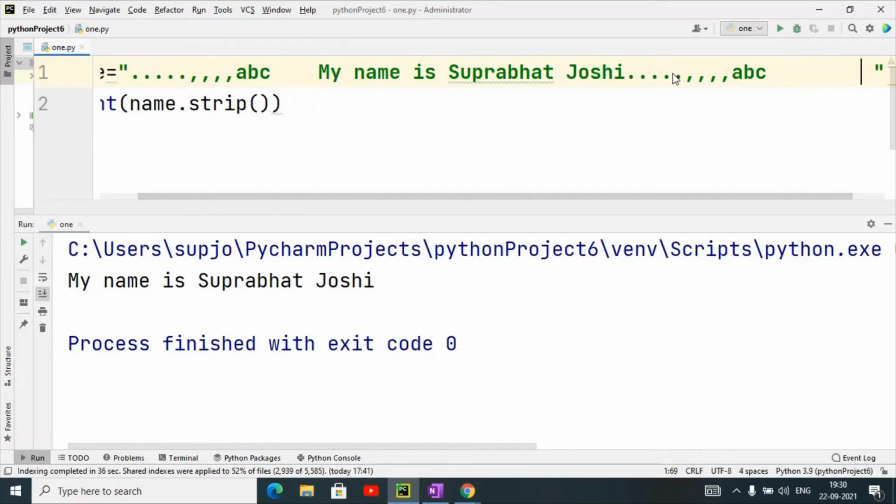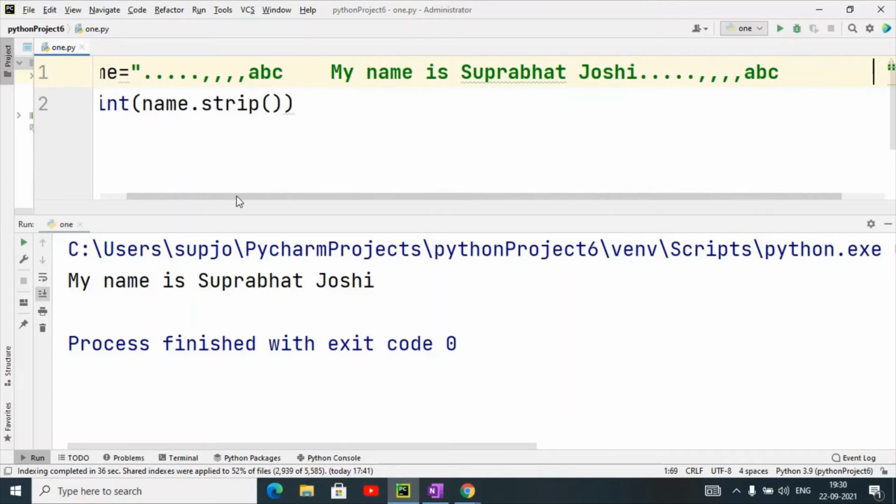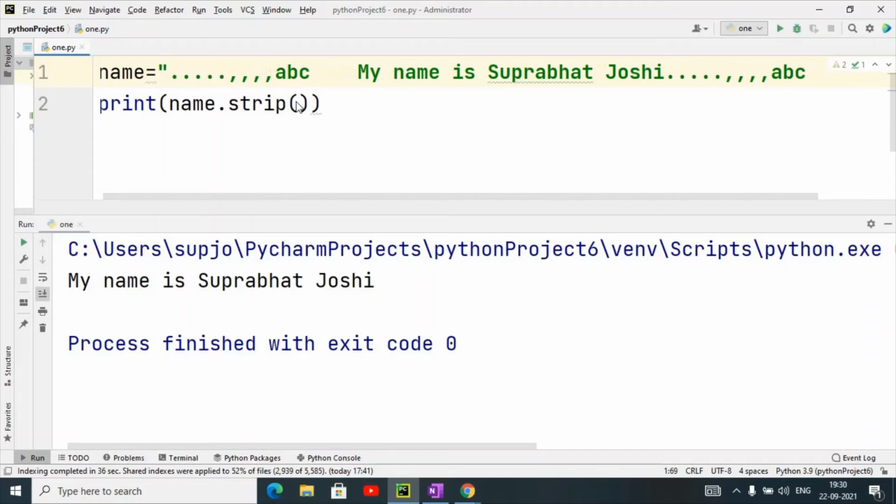So my string is like that. Now I am using the strip function, and I have given the matching criteria: dot, then comma, then ABC.